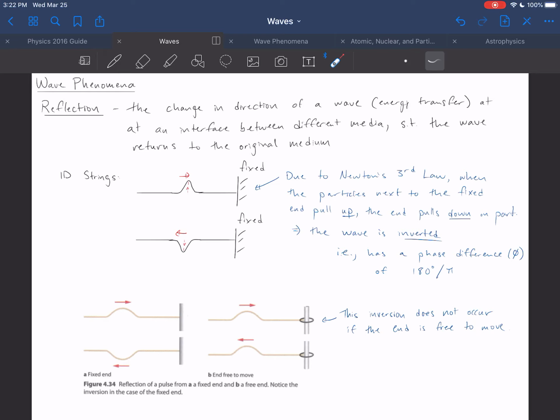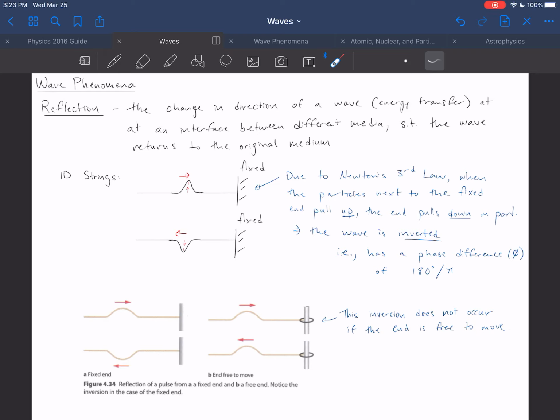And as a result, when that wave pulse reflects back, not only does it pull down on the string, but that reflected wave pulse is now inverted. That is, it has undergone a phase difference of 180 degrees, or pi. We're going to use this fact in other scenarios, in two-dimensional and three-dimensional scenarios, but it's easiest to understand in